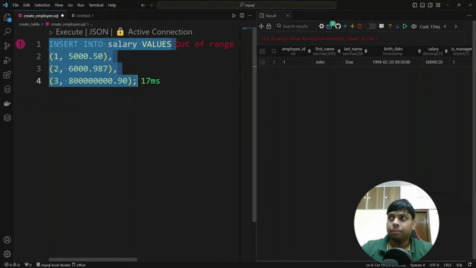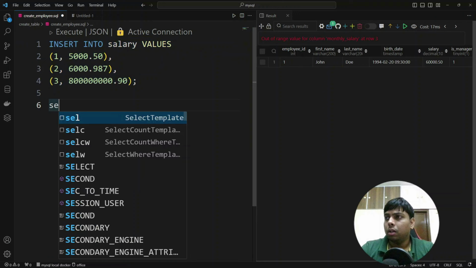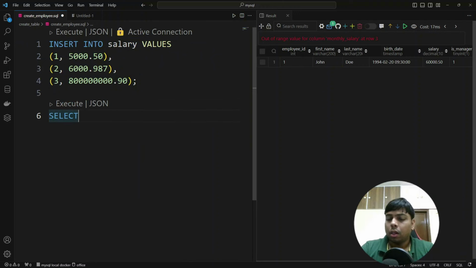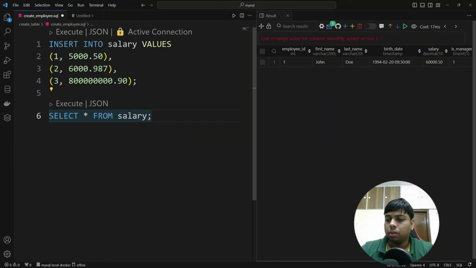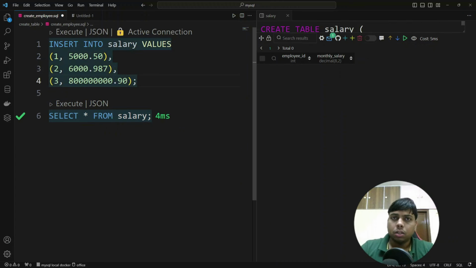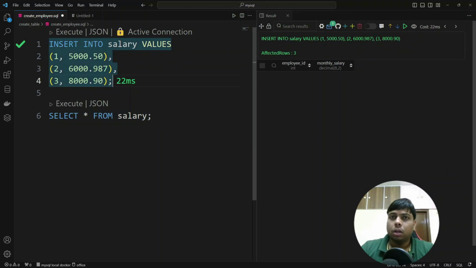That's fine. Now you understood. Now I'll run a select statement. Select star from salary, and we will run this one. So it did not insert anything because of this error. So I will fix this error, and now I will try to insert. It now inserted 3 rows. Now if I try to read this one,